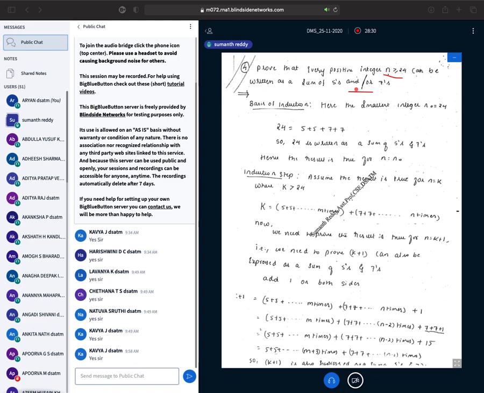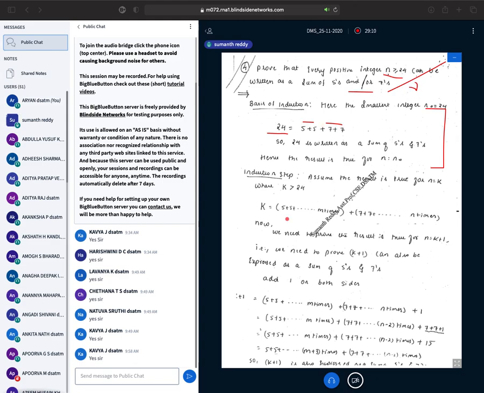Since he is telling that every number is greater than or equal to 24, the minimum number will be 24. So I have to first check in the basic step whether this minimum number can be represented as a sum of 5s and 7s. Let me check that the least number, 24, can be represented as a sum of 5s and 7s. It is possible, right? Because 24 can be represented using 2 5s and 2 7s. So the statement is valid for the least value, that is 24.